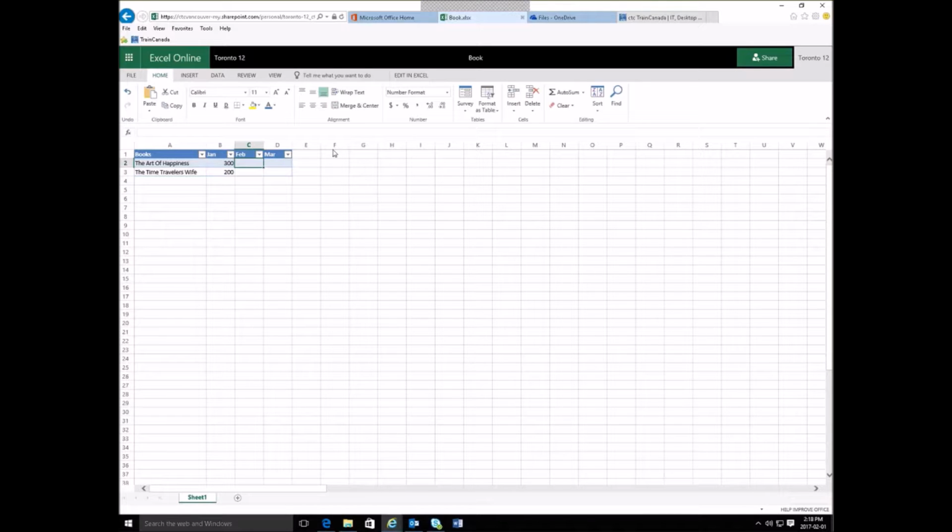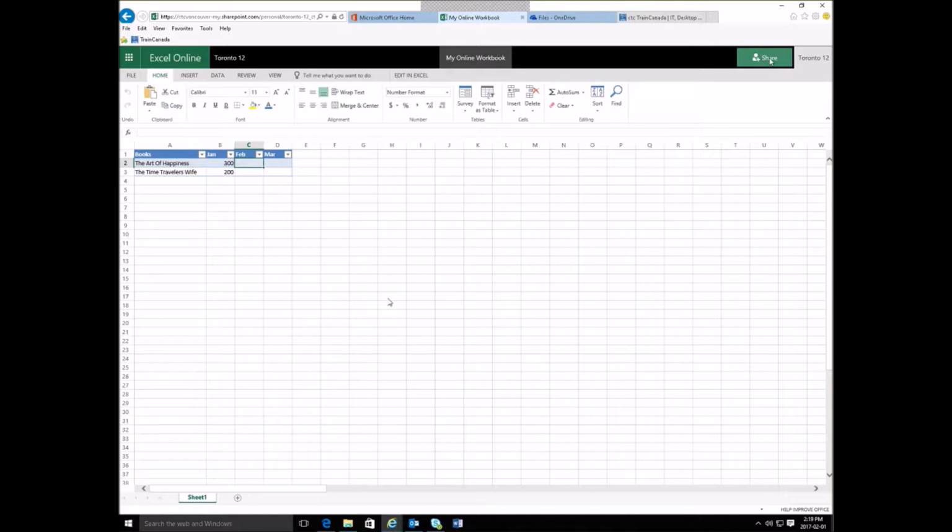It's a bit odd to work in the online versions. The name of the file sits in the middle, and that's how you rename the file, as you can see. So if I don't want to call this book, I can click right here and rename it. Now, if you're sharing this with other people, you can't rename it while it's being shared. Everybody has to get out, and then I have to change the name. So here I'll change the name,